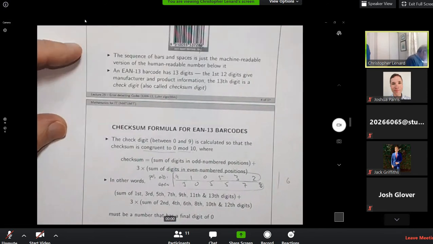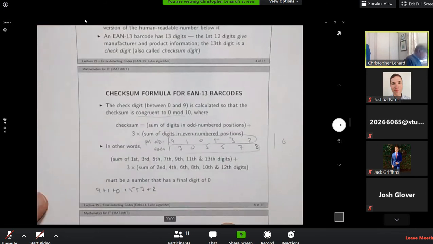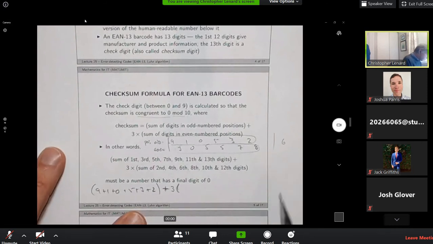So what's the sum of the odd position numbers? 9 plus 1 plus 0 plus 5 plus 3 plus 2, they're in the odd positions, plus 3 times